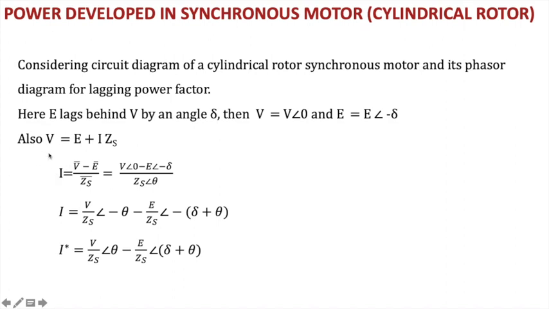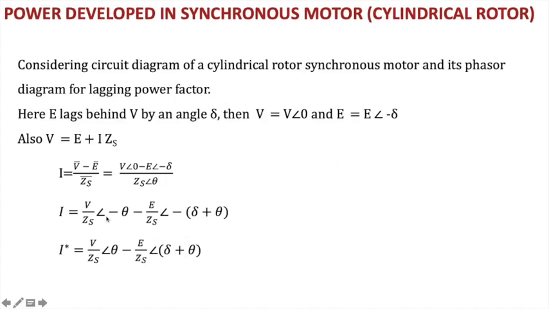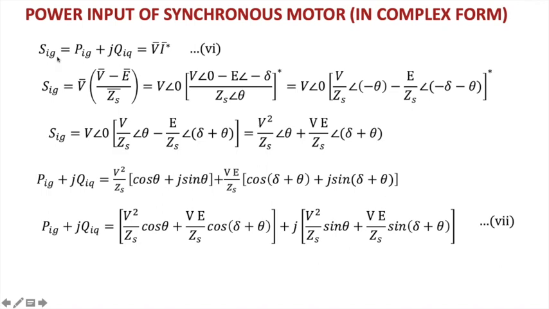So now the voltage equation becomes V equal to E plus I ZS. Find out the value of I by substituting in the polar form, and once you get the final current, we need to find the conjugate. For the conjugate, we multiply the angles by minus, and therefore the angle becomes positive, as both angles were negative over here. Once you calculate I conjugate, we can calculate the different powers. So the input power will be given as S equal to P plus jQ,